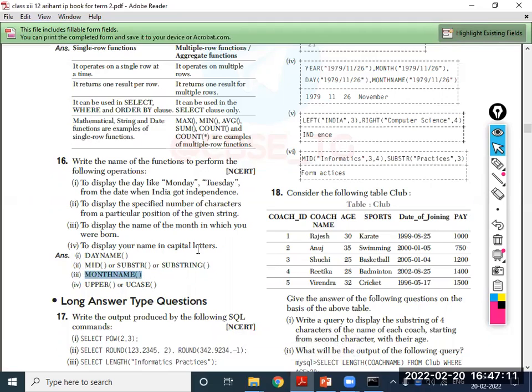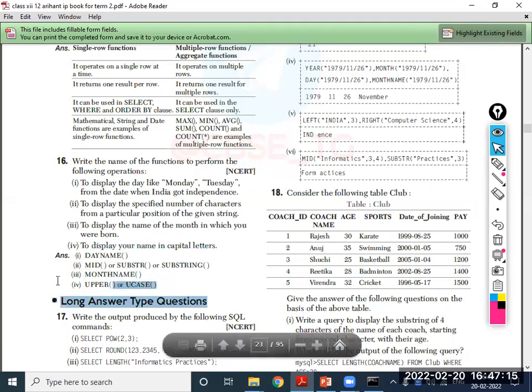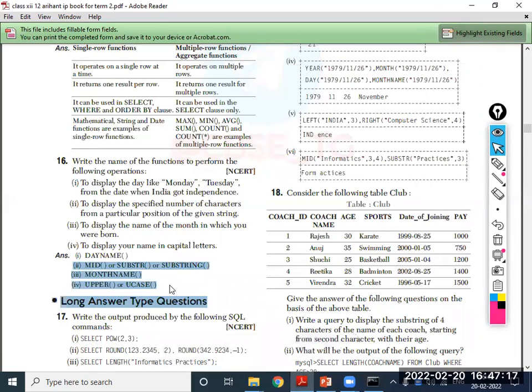To display your name in capital letters, uppercase. And if we want to display the name in lowercase, you use lower. So that is the main important thing for string functions and numeric functions.